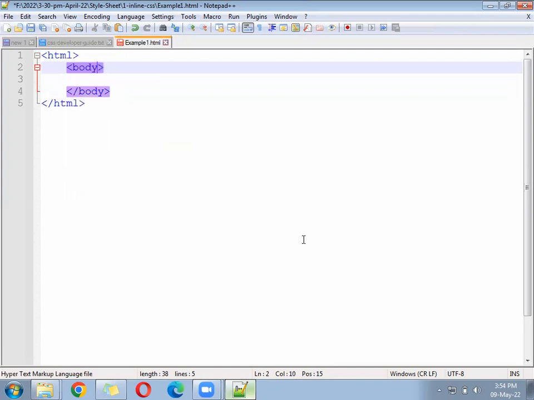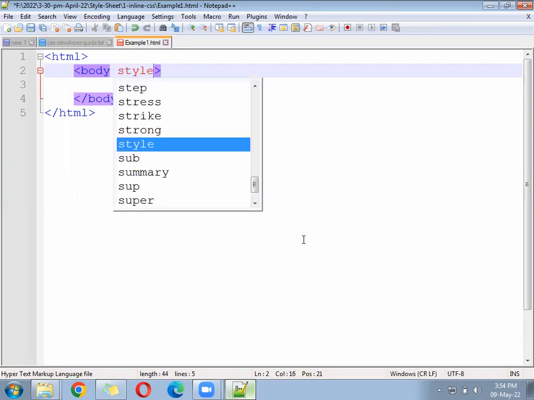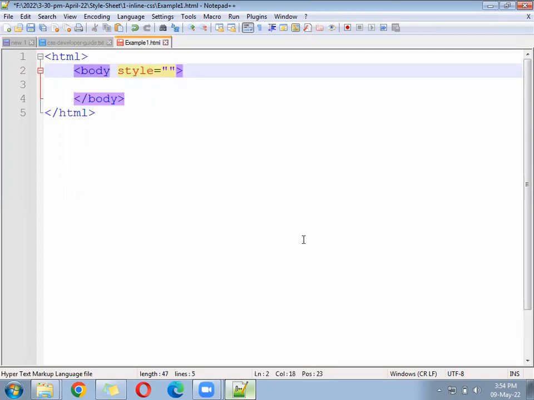First, write the CSS for body itself. Body is the tag name. Style is the property of HTML. Style is not a property of CSS, because you are writing it for whom? For the HTML tag. So you can say style is the property of HTML. Through that, we are going to call the CSS. Now inside that we will write